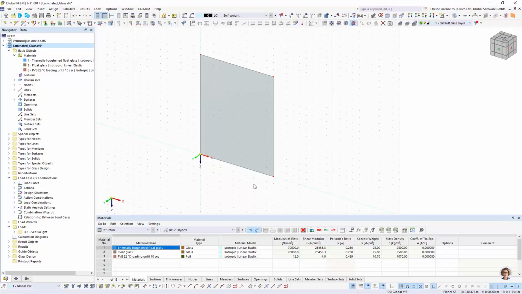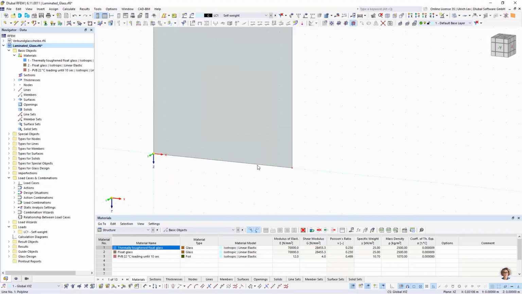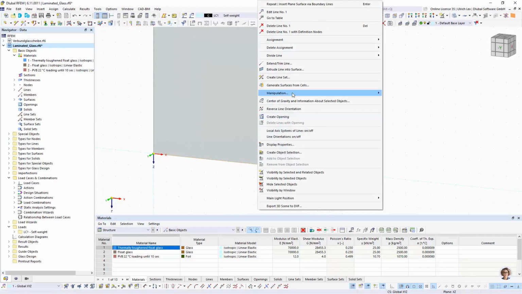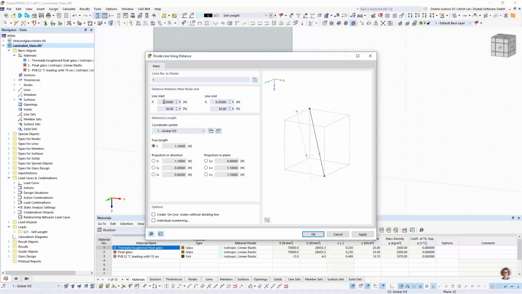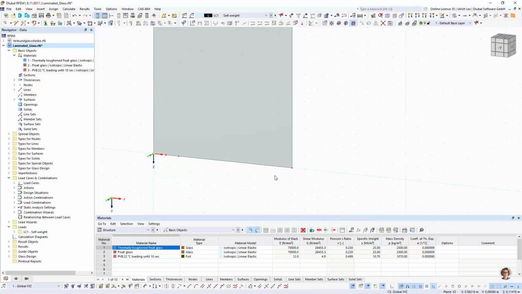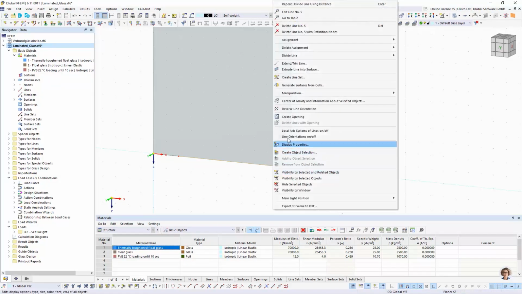So I want to divide this line by a distance, maybe 0.2 meters. Okay, and the second from the other side,